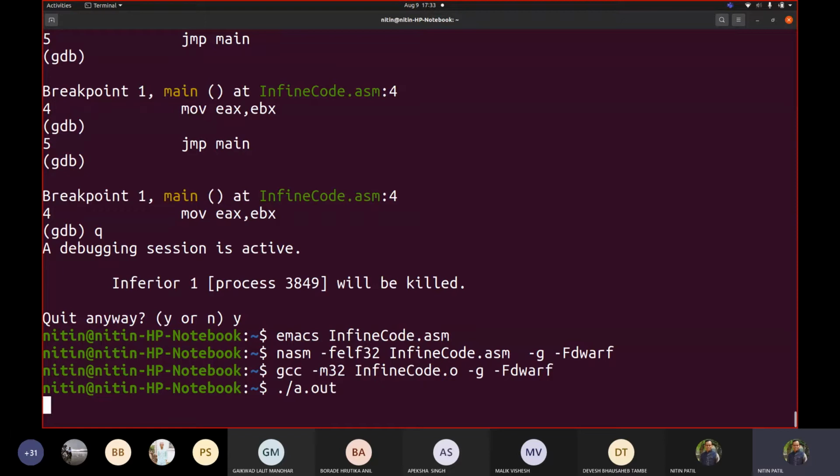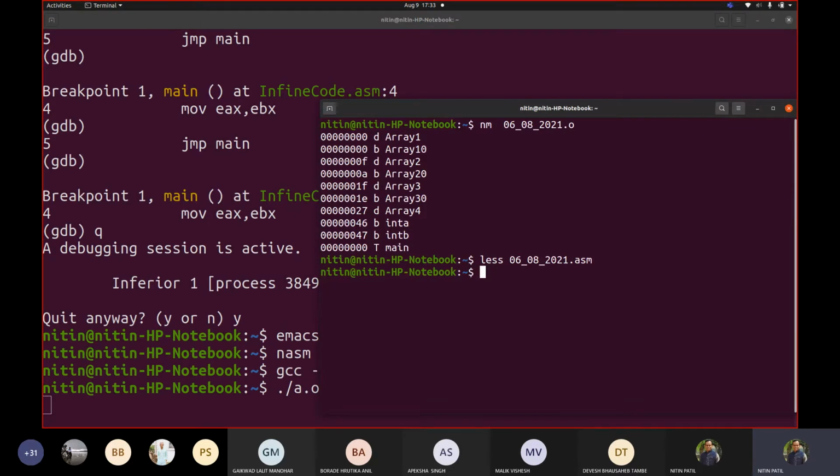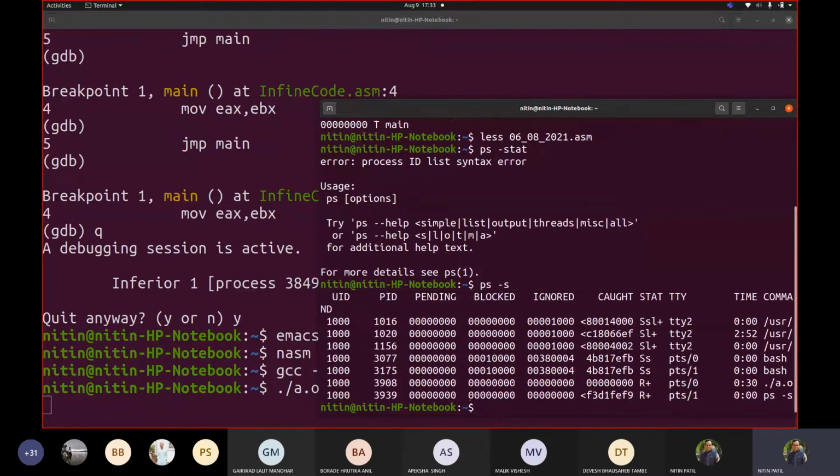Okay, so you may see what is happening over here. Let us run ps -stat. You can see that it is R+.